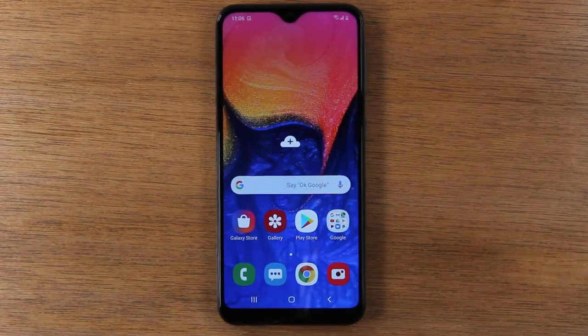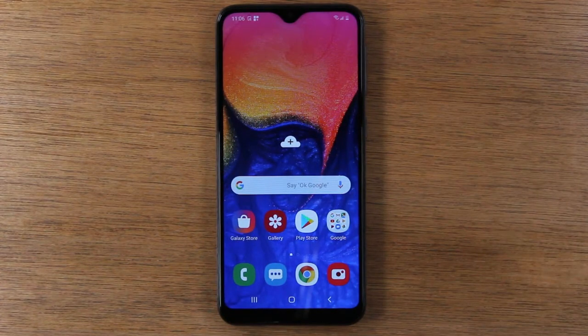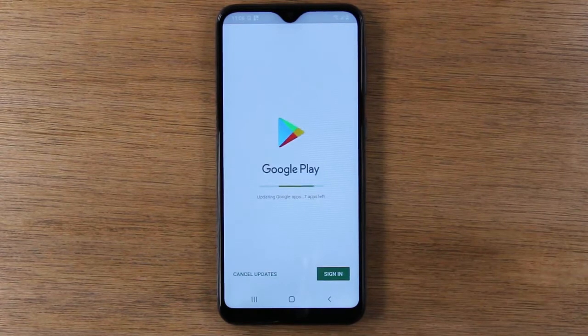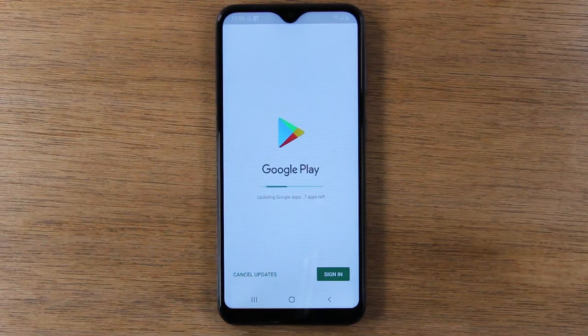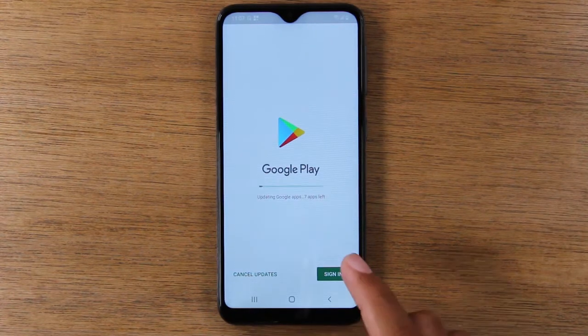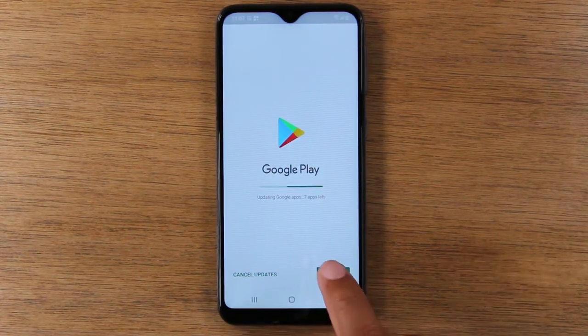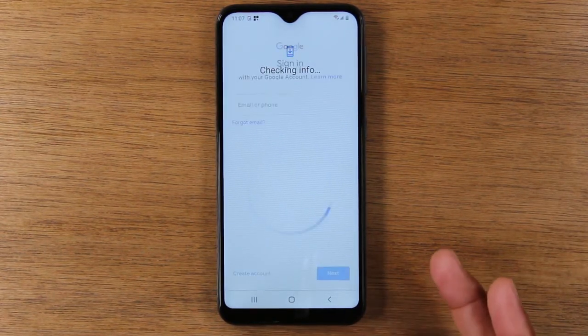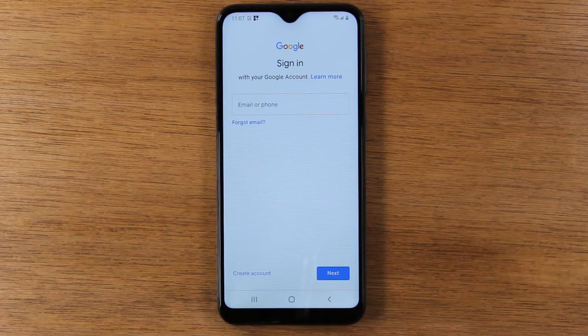Okay. Now, an important thing to do when you're setting up any smartphone is to sign into your Google account. So we're going to go to the Play Store right here, this little white icon here. Now you have to sign into this if you want to download anything on the phone. So pictures, video, an app, a game, you have to be signed into the Play Store first. So we're going to tap on sign in. And you give this a few seconds and then it's going to ask you to put in your Google account information. But we're going to have to pause that really quickly because